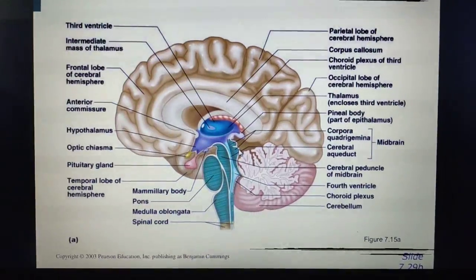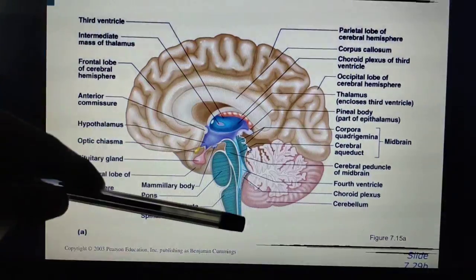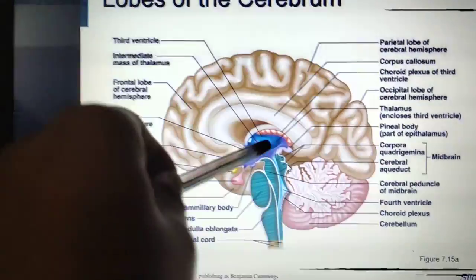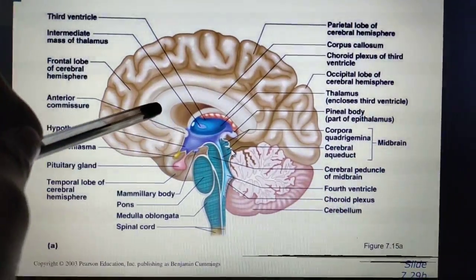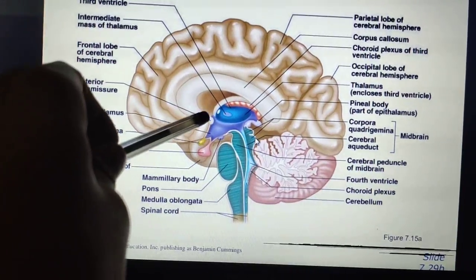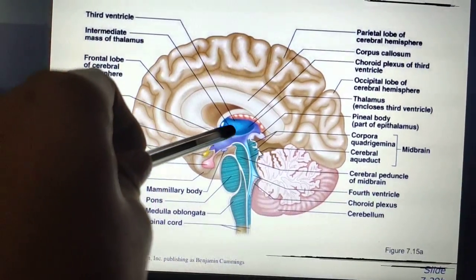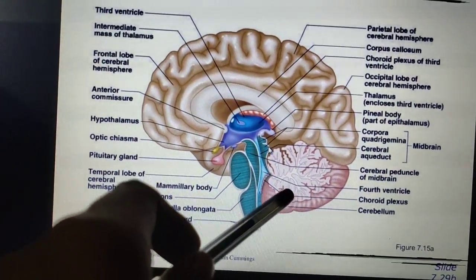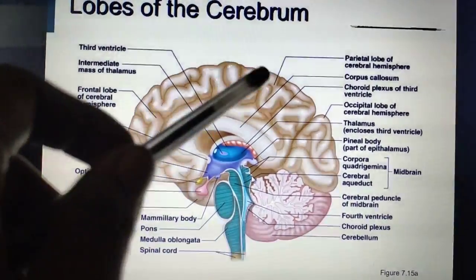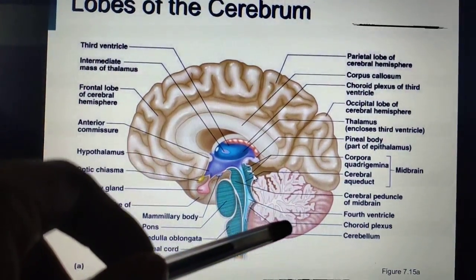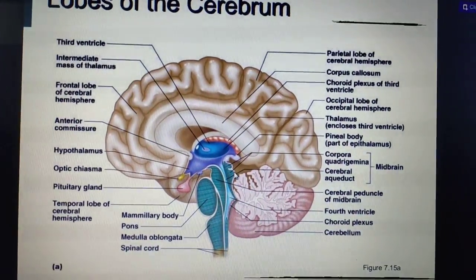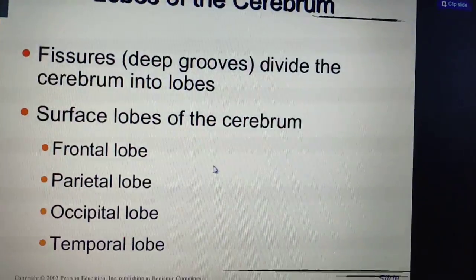See, this is a sagittal section of the brain. If we divide the brain sideways like this, now we can see all the structures in depth. The white portion we call the corpus callosum. Understood, no? Then this is the cerebellum, but now we are discussing the lobes. This is the frontal lobe, this is the parietal lobe, this is the occipital lobe, and on this side will come the temporal lobe. Clear? Understood? Once again I will show you.